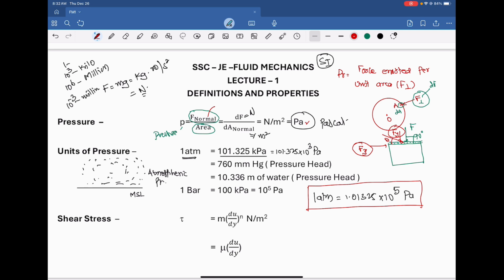If you want to remove kilopascal, this and this are the same, because 101.325 is 1.01325 into 10 square. 10 square into 10 cube is equal to 10 to the power of 5. Now,